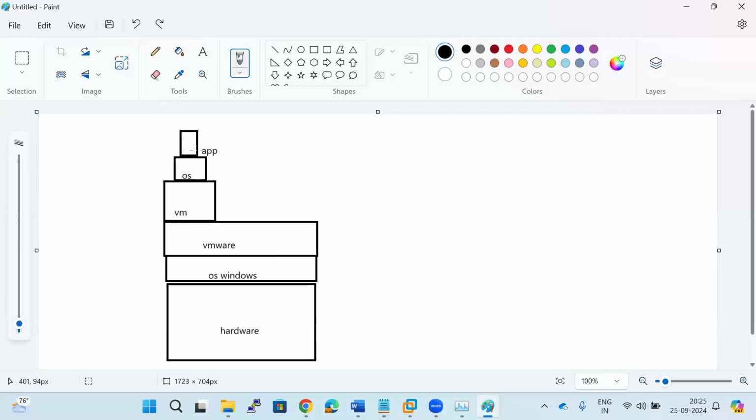Why? Because this application is installed on a virtual machine in which we have installed the operating system. When we install the operating system, the kernel will be there and that kernel will work along with the applications. So we don't need to worry about that. So when we get back to this, if you understand,